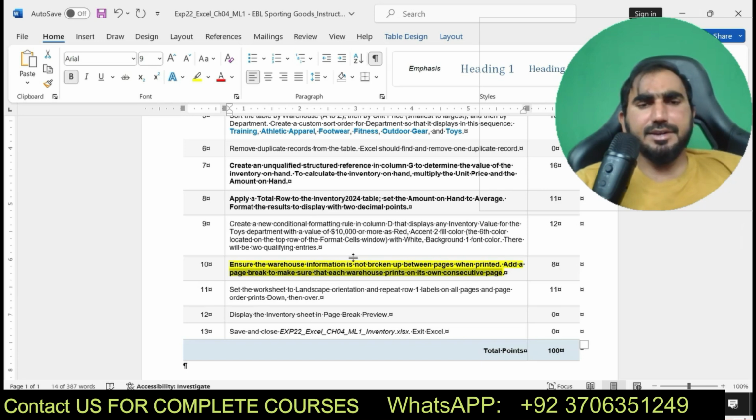Next step is step number 11. Set the worksheet to landscape orientation. Add a page break.